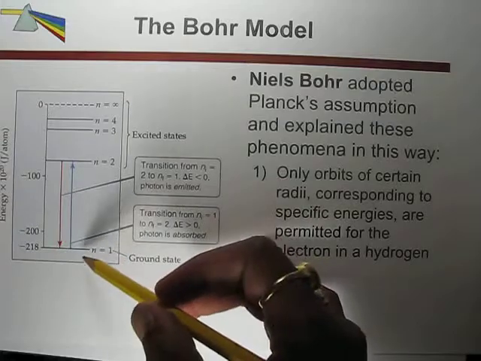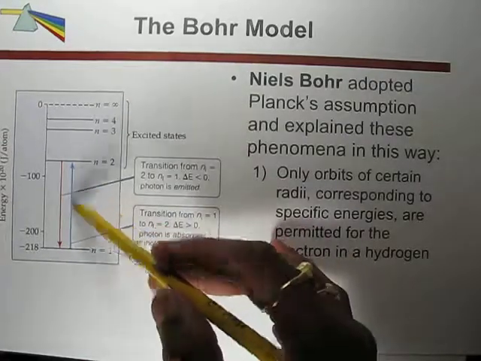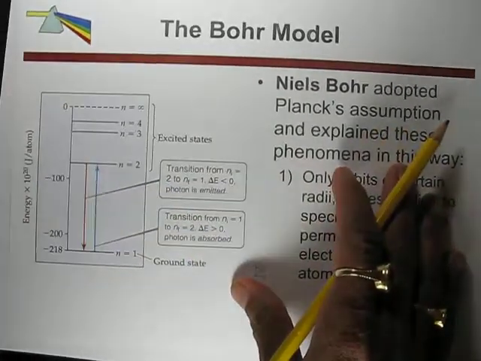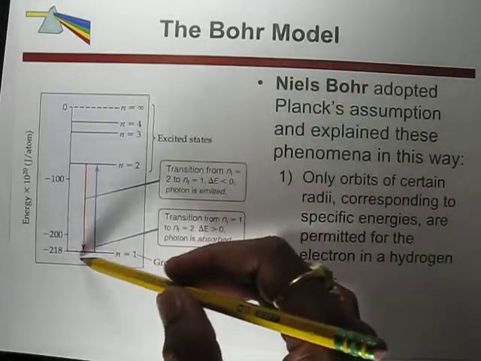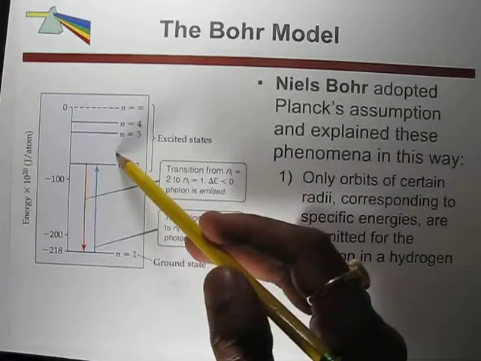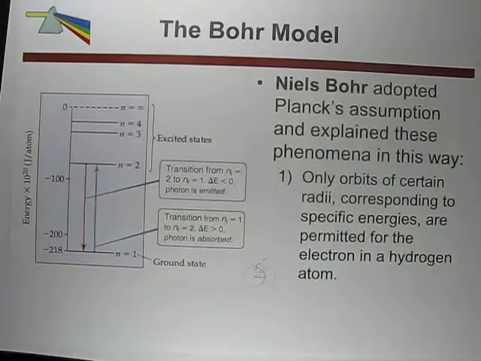For example, this figure shows that if the electron is in this level, it can go up or it can go down. So let's see the next